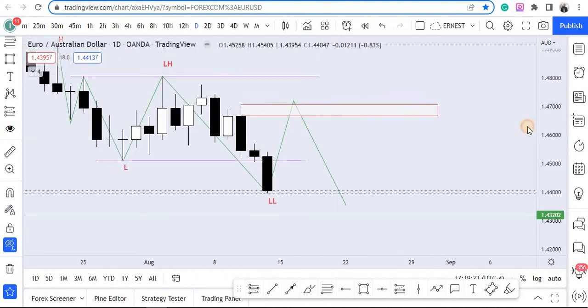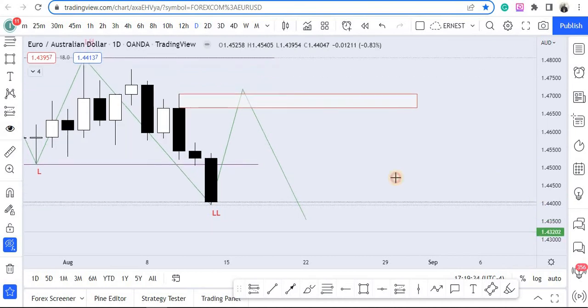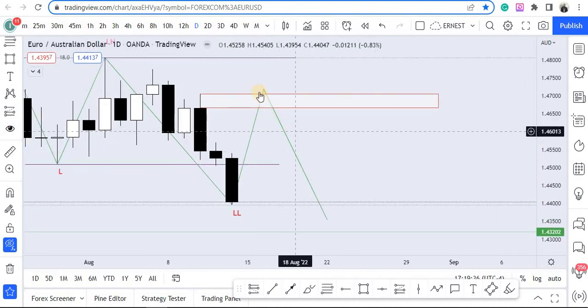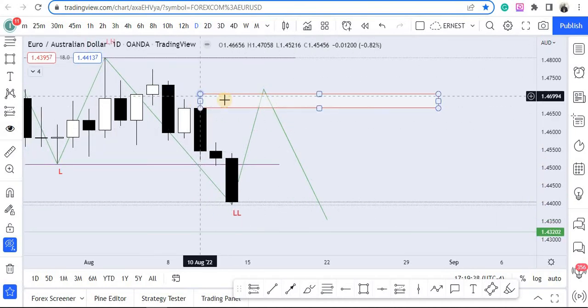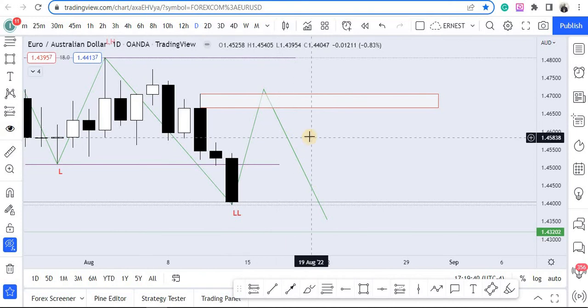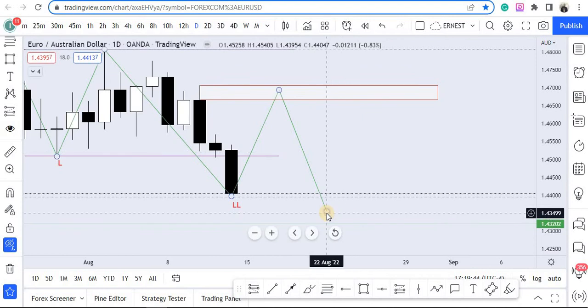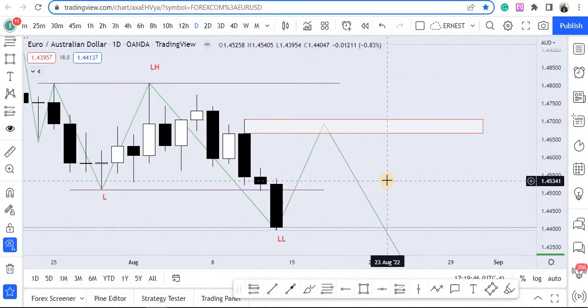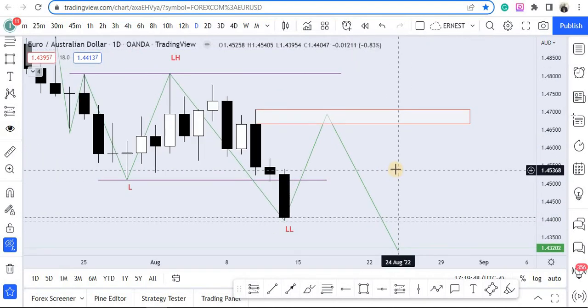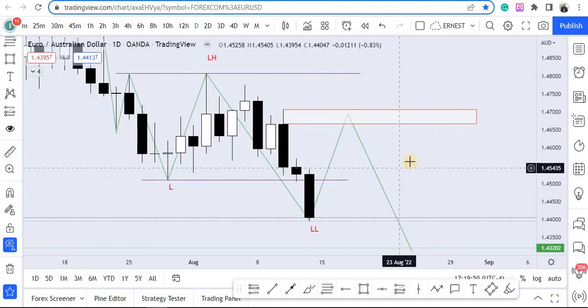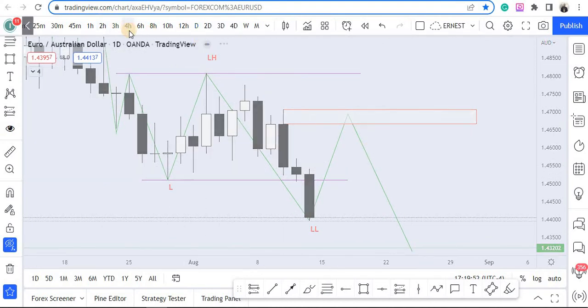Don't bother about what I'm doing now. This is what I'm going to teach you. So where price will return from, most likely the highest point that price can go and return from. So this is a trade setup. This is a trade setup. I'm telling you the truth. It's a trade setup. If you go back to the 4 hour,